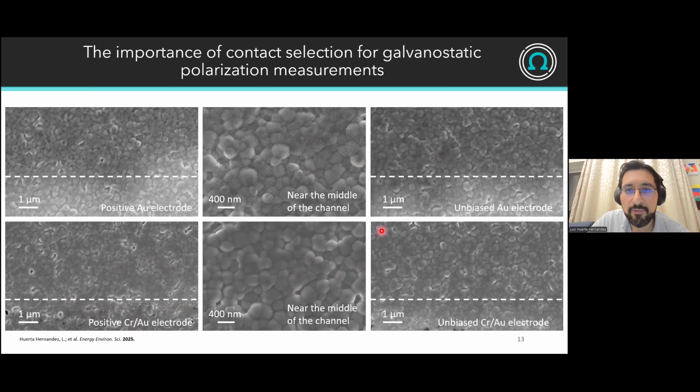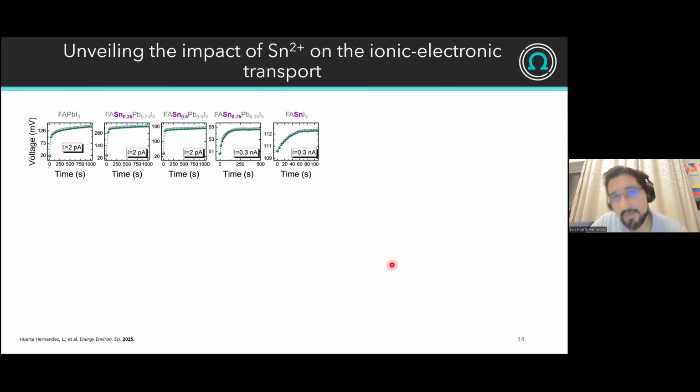So we believe that when you have only gold, you might actually see gold migration into the perovskite, which basically induces artifacts in our measurement and can lead to big errors in the measurement. So with that, once we decided that this chromium gold was a better electrode for our measurements,